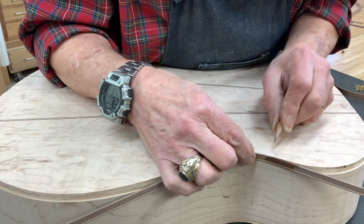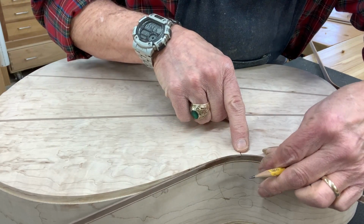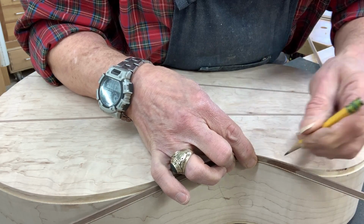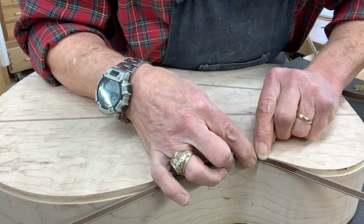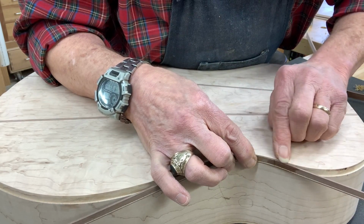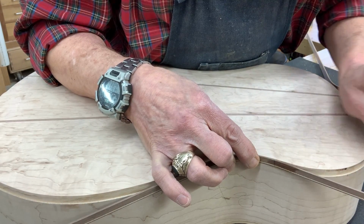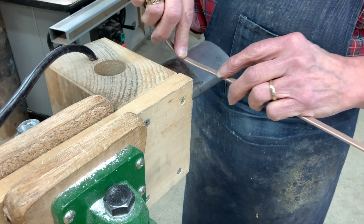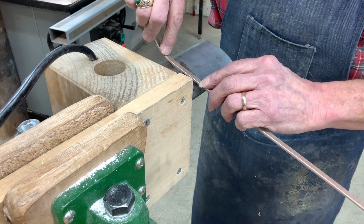Now, I'm starting to pull away from the guitar. I'm at my registration mark right here, and I'm starting to pull away from the guitar at this point. So I'm going to put a pencil mark on the outside of the binding where I can see it, and now I'm going to start to progress. And that mark just tells me where I want to get my heat started. I want the heat to come back, but I want the bend to occur from here outward. Now I know this is a little dicey, but I've put my finger on the binding right where I want that heat to start. And yeah, I guess it's a little risky,